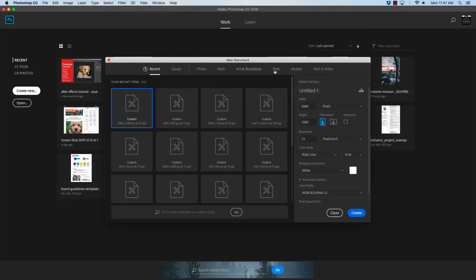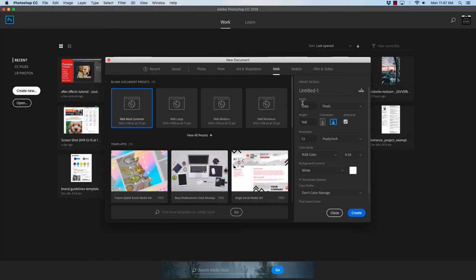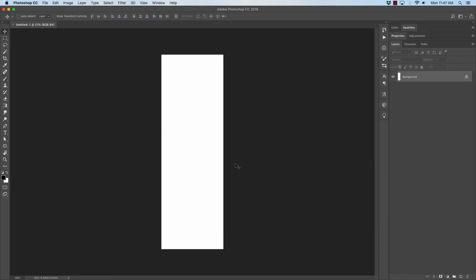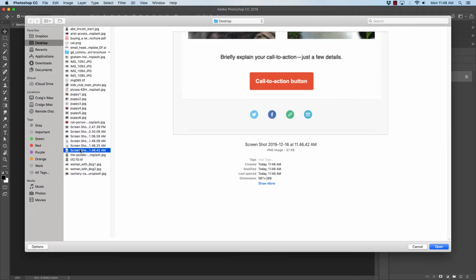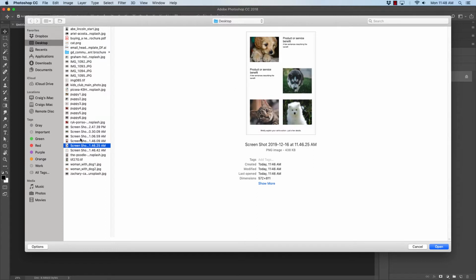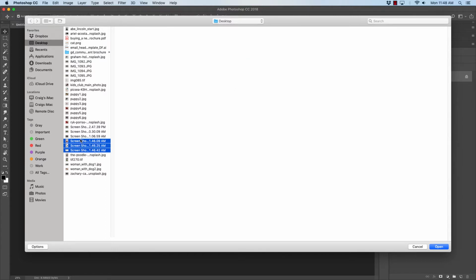So I'm going to set my new document for web, and we'll set this at 1000 pixels wide. And for right now, we'll set it at 3000 pixels long. We'll probably crop that. No artboards, 72 pixels per inch, RGB is fine. Create. And now I'm simply going to open, Command-O, and we're going to find those 3 screen captures. You can see there's one here, 2, and 3. I'll select all 3, go to Open,